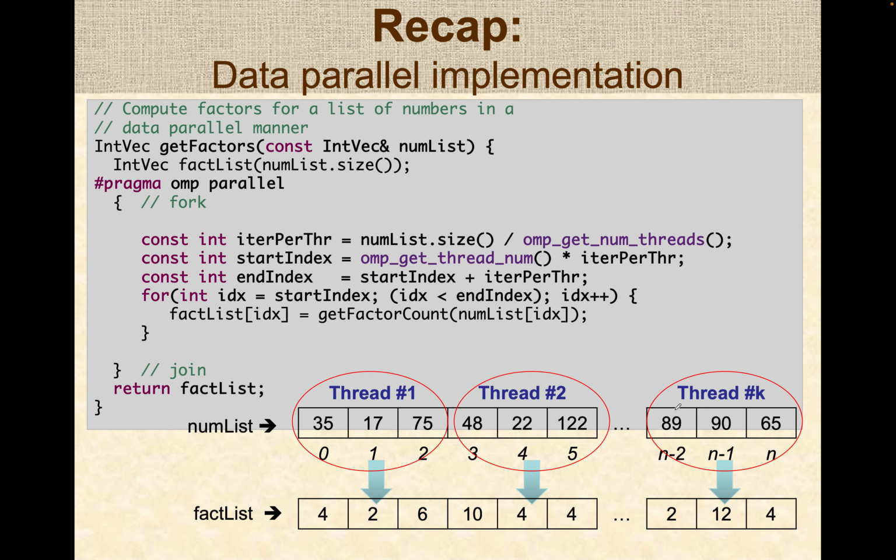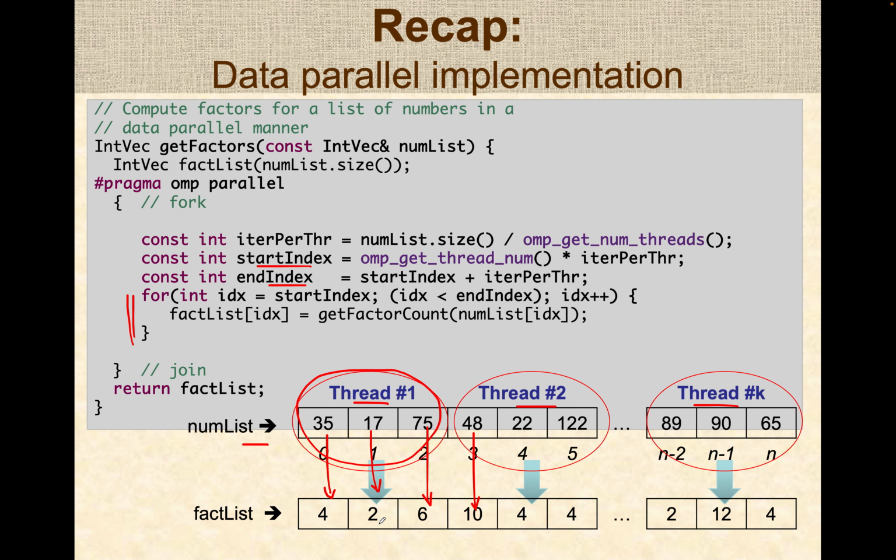Recollect that we have already covered data parallel applications in which a set of data is logically subdivided between multiple threads, and for each one of these entries, the thread computes from the inputs and appropriately applies an output. So for each one of the inputs, there is a corresponding output that is generated, and this is a very typical data parallel application. And we've seen how to compute a simple starting index and ending index for each thread, and run a for loop that iterates over the range for a given thread to process the inputs and